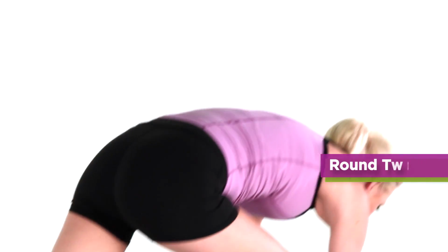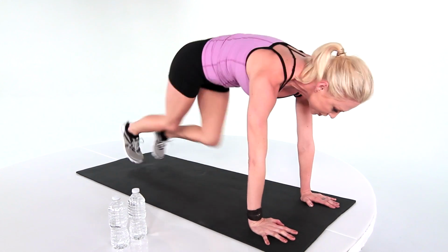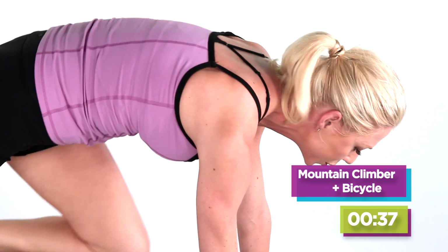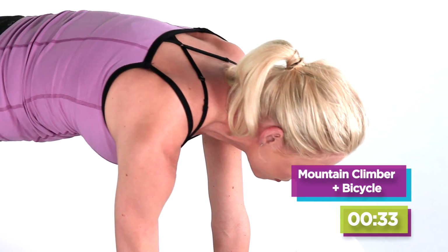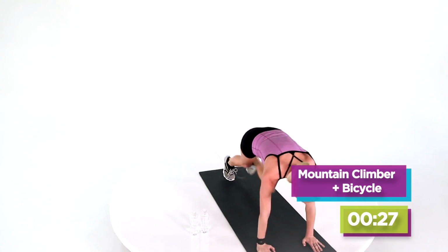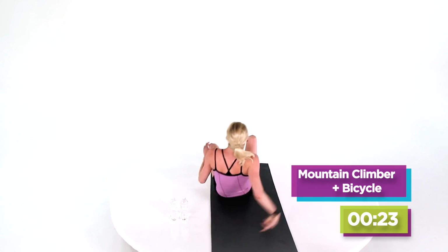So then you pop right back up to mountain climbers because we're gonna do this circuit twice, right? So maybe this time you find a little bit more speed because now you know what the action is, right? Or you slow it down and you increase the intensity of the contraction of the muscle, right? Nice. So keep going. Maybe you get kicked right back into it, and then you flip over and you go